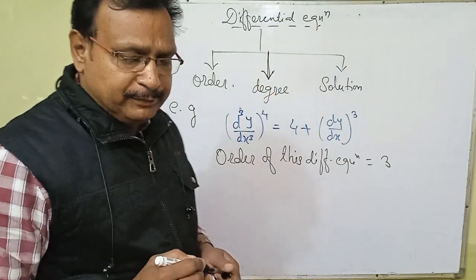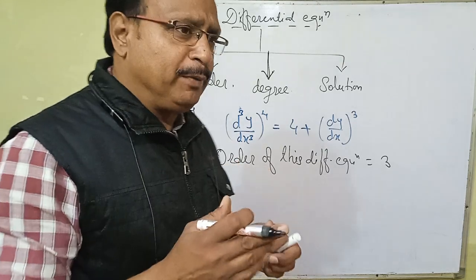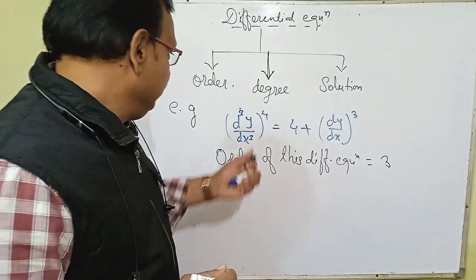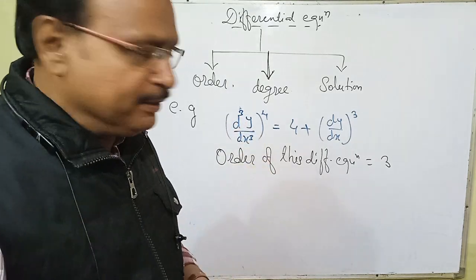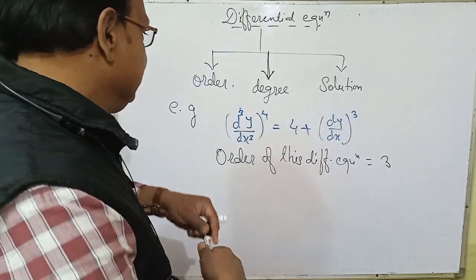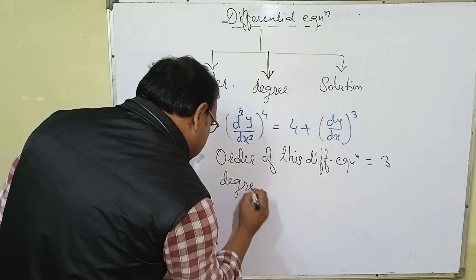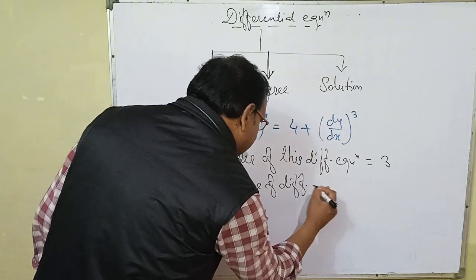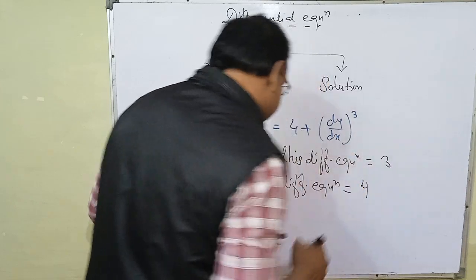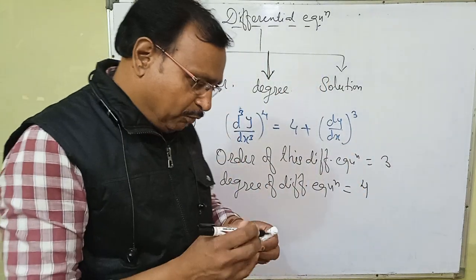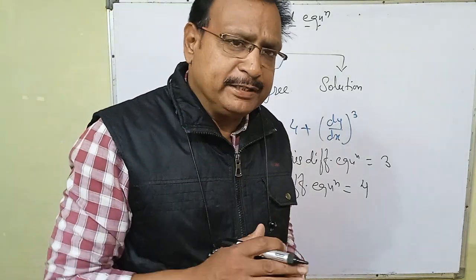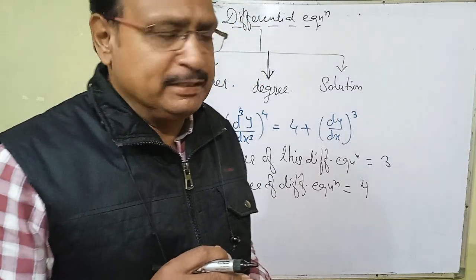Now we come to the degree. Degree is the highest power of the highest order derivative occurring in this differential equation. We see that the highest order of the differential equation is 3 and its power is 4. Then we say that the degree of the differential equation is 4. Order is 3 and degree is 4. This question is very important for objective types of questions as well as the major questions,